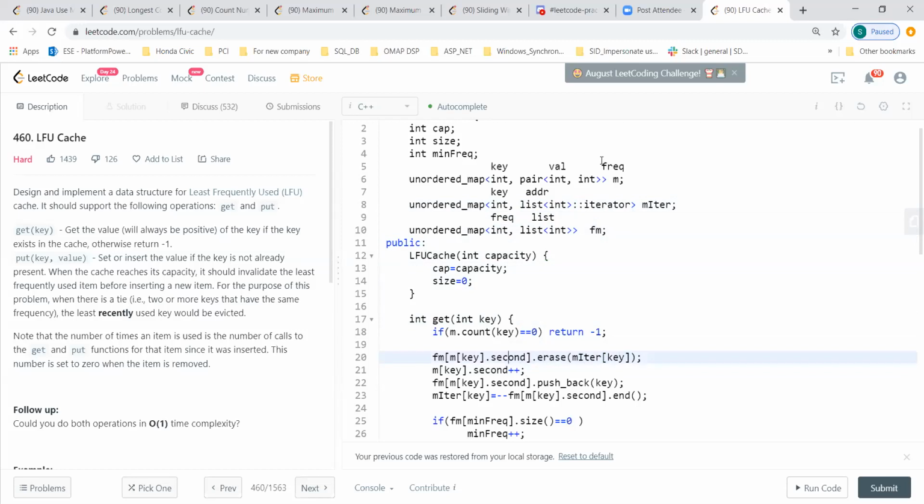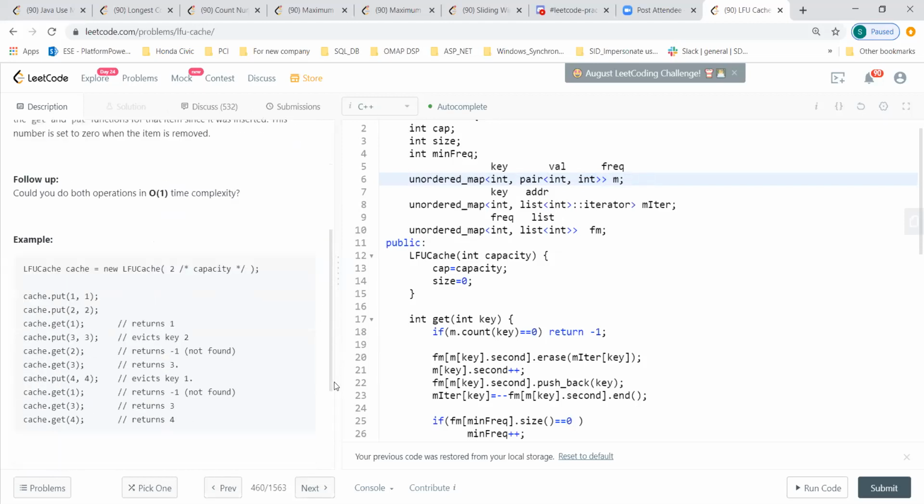Hey Santosh, just a second. What is the first map for? What is the key and value there? The first map is the general one, where we put any key, which will have a value, and it will have its frequency also. Let's say I'm doing a cache dot put of 1. So the key is going to be 0, value is 1, frequency is 1. Which one are you saying? Cache dot...